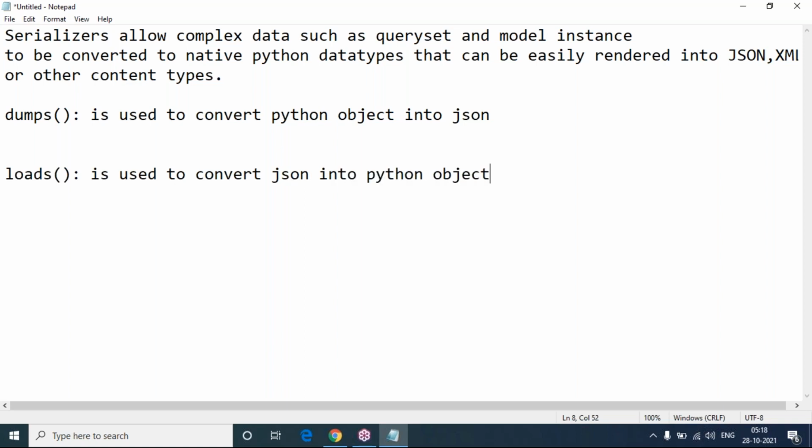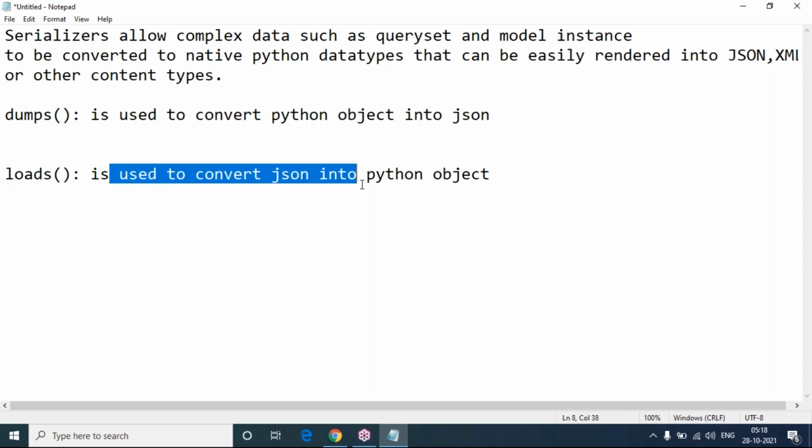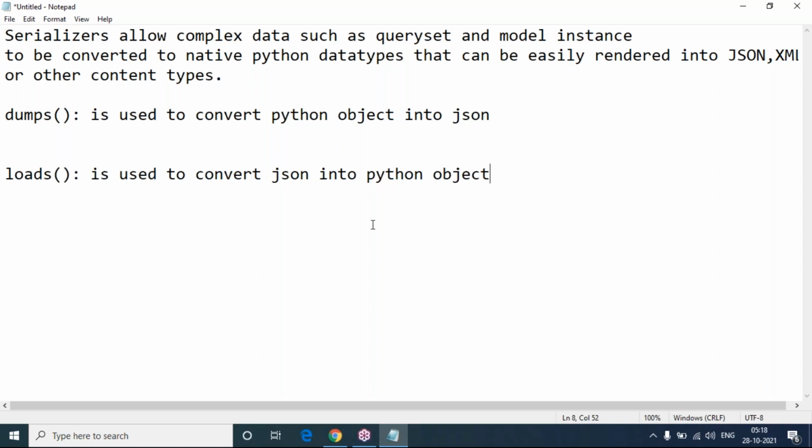A Python object means a dictionary or any similar data structure. Dumps converts a Python object into JSON. Loads converts JSON into a Python object. Mainly these two methods are used here.